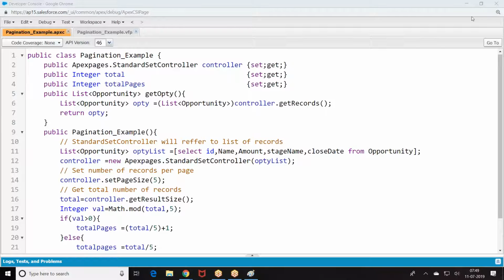Before I go to the next concept, if anyone has any query on this, let me know. Before I move, can you please explain line number 6? Line number 6, controller.getRecord means currently at which page I am.